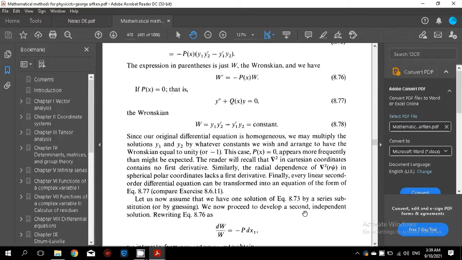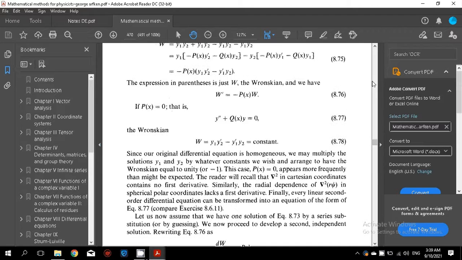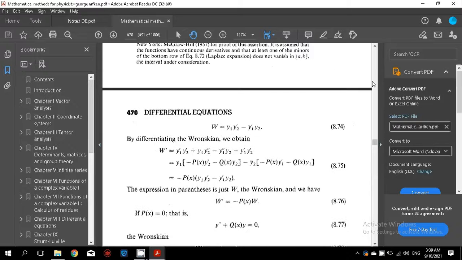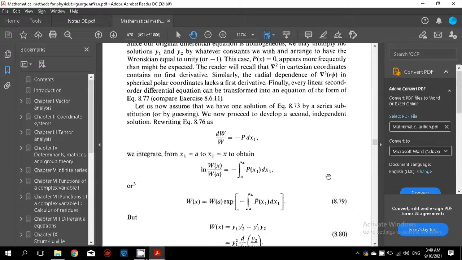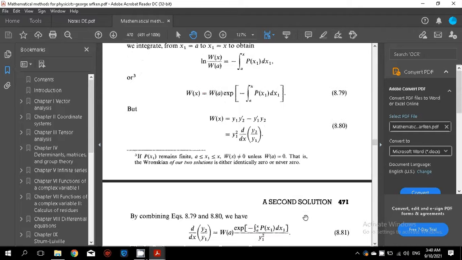This is written here. Okay. So you must consult pages 470 and 471 for the complete derivation of the formula for the second solution, provided the first solution is given. And this is the formula which you must note, that the second solution is given by